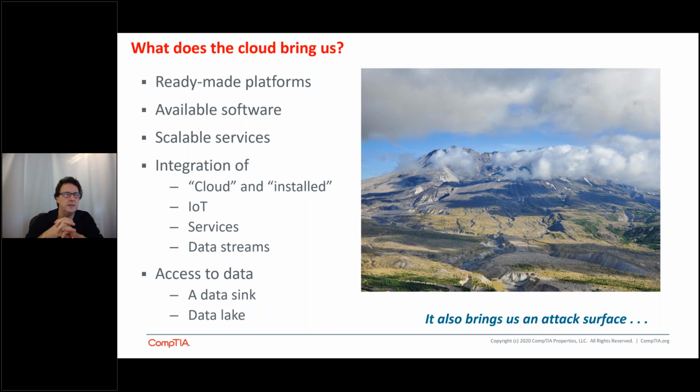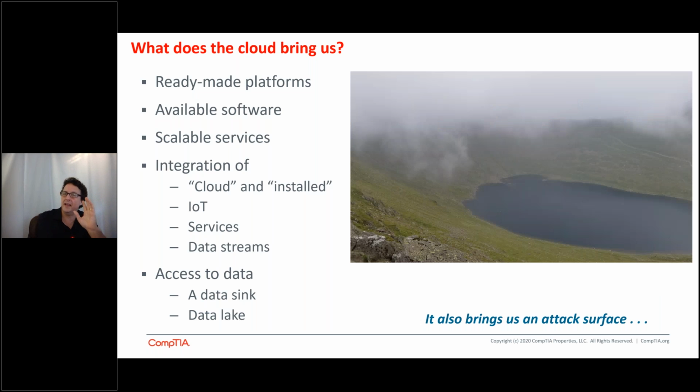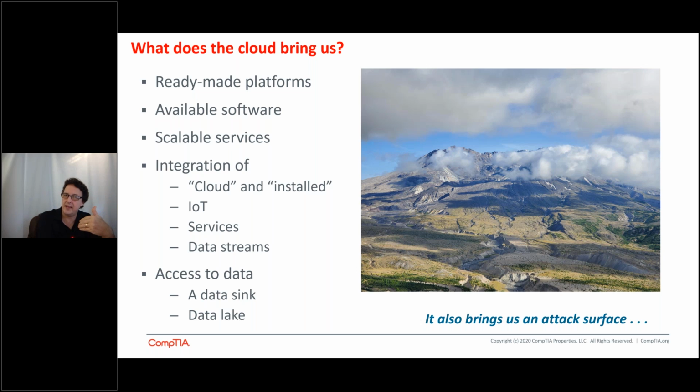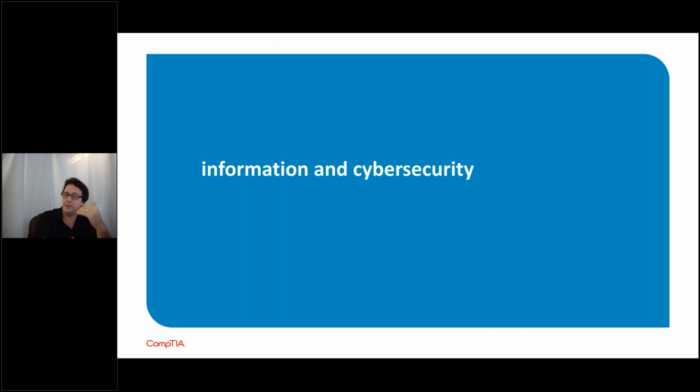I guess, yeah, 30 something years ago, whatever. It blew up. The idea is that this is something in the clouds. So does the cloud represent something that is an opportunity for us, or is it a liability, right? Because it brings an attack surface. Well, the answer is cybersecurity professionals are there to make sure that we're protecting these kinds of things.